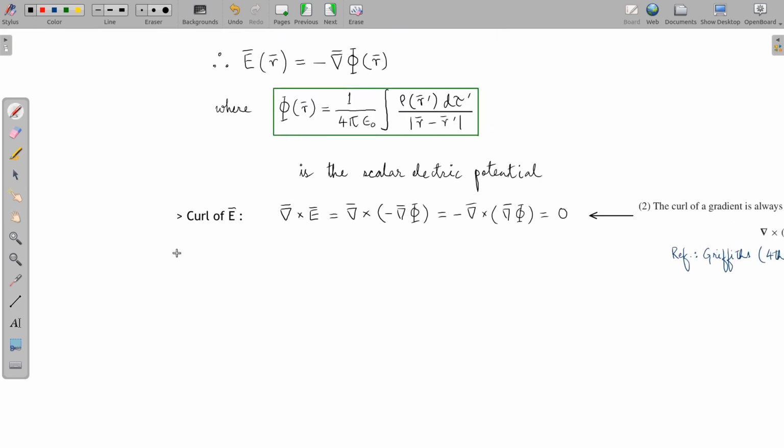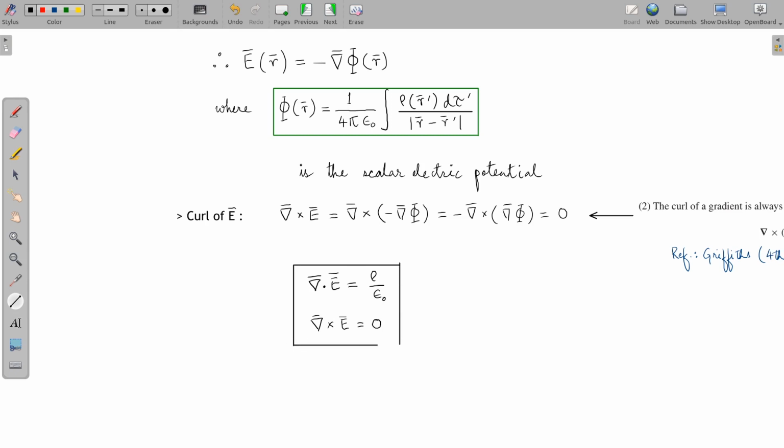So now we could just summarize this. We already know the divergence of the electric field. What is the divergence of the electric field? We know from Gauss law, the divergence of the electric field is rho by epsilon naught. And now we have found out the curl of the electrostatic field also. Let me be clear about this, because in general the curl of the electric field is not 0. Only in case of stationary charges we have this. So the divergence of the electrostatic field is rho by epsilon naught, and the curl of the electrostatic field is